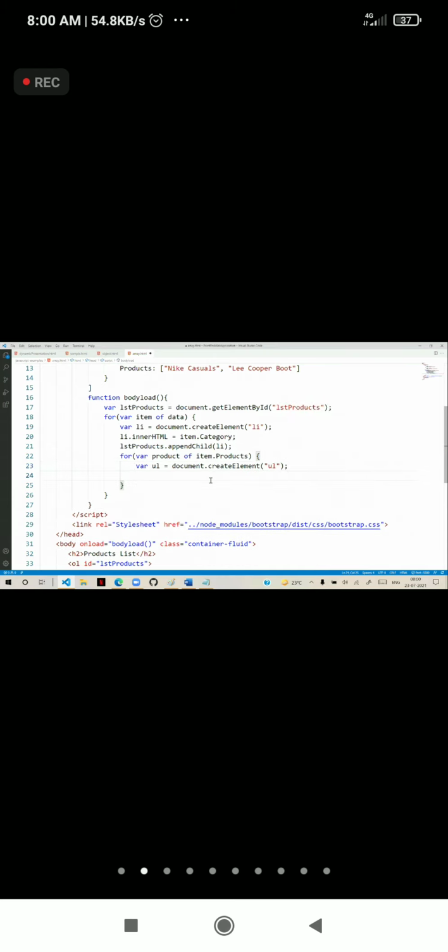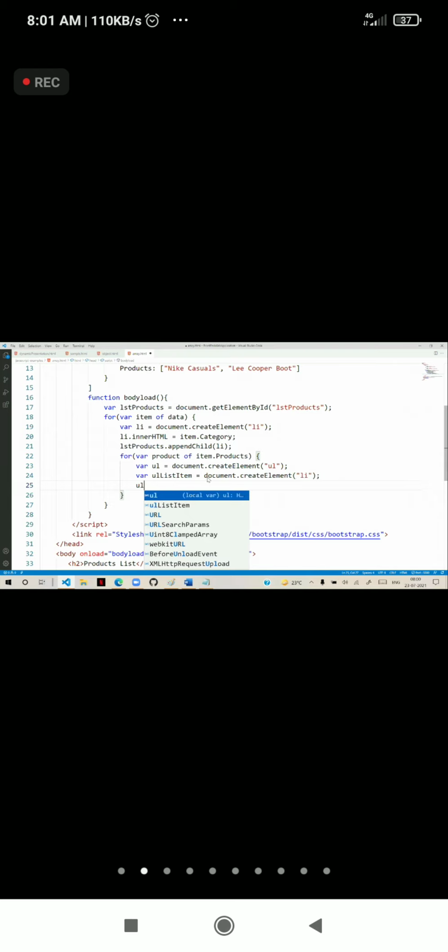In that we need a list item, so I will give it as liInner, that means inner list item, or ulListItem. ulListItem equals document.createElement li. We are creating a list item again. For this list item, ulListItem.innerHTML,